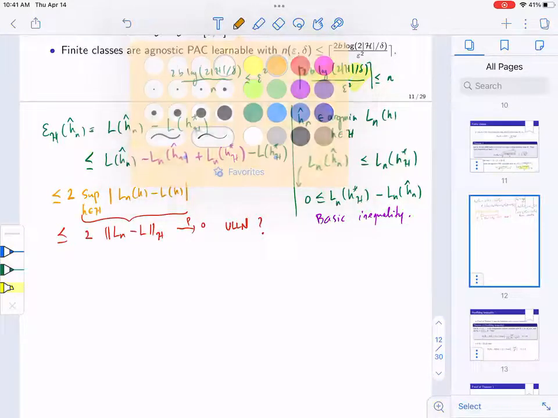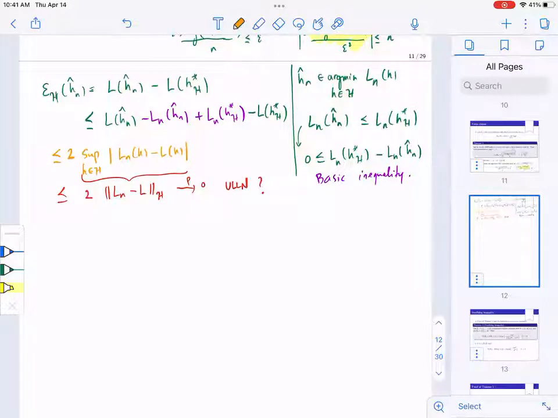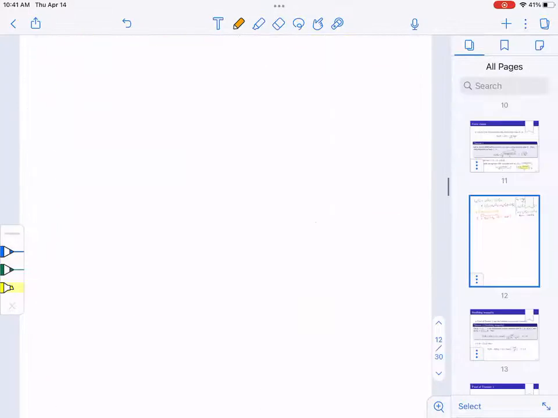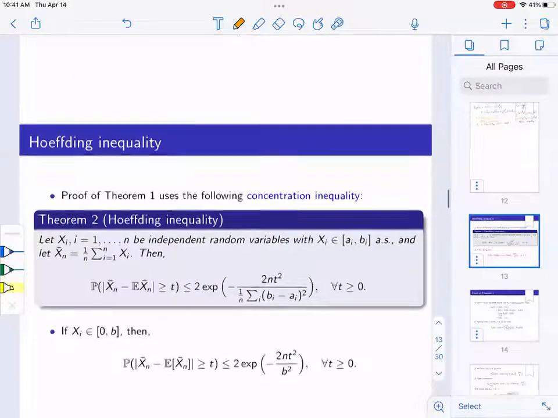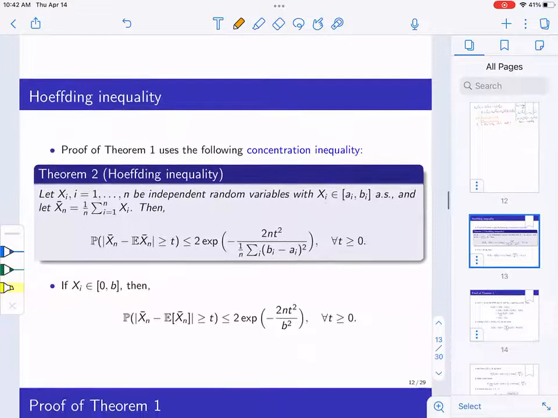In order to do so, we need some sort of a quantitative version of the law of large numbers. Actually, this holds because H is finite. You don't even need to do anything. It just follows from the law of large numbers because H is finite. But I also want to get the rate. So we'll do Hoeffding's inequality. Okay, so Hoeffding's inequality says that if X_i's are independent random variables, X_i's are in [a_i, b_i]